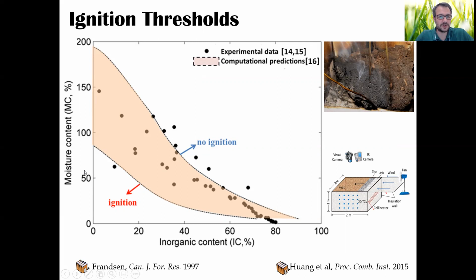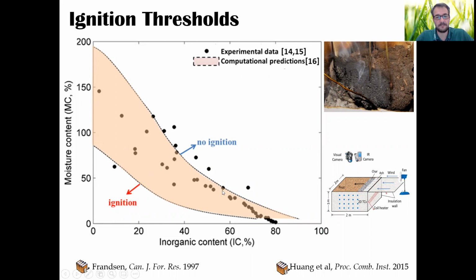If you plot over here the moisture content on a dry basis, from absolutely no water to two times more water than there is organic or mineral content, and over here you put the organic content, here is very organic, all of the solid is organic, and here you have absolutely nothing organic. This line over here is telling you that in this region, where it's very inorganic or very wet, the soil will not ignite. And then it transitions to a region over here where, if it's either very low in inorganic content or dry, it will ignite.